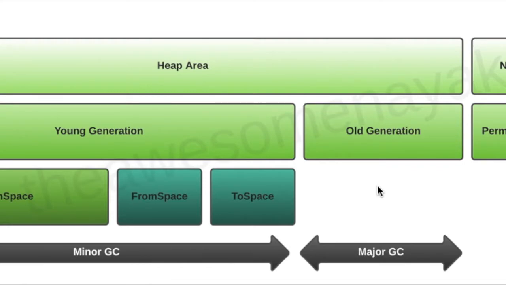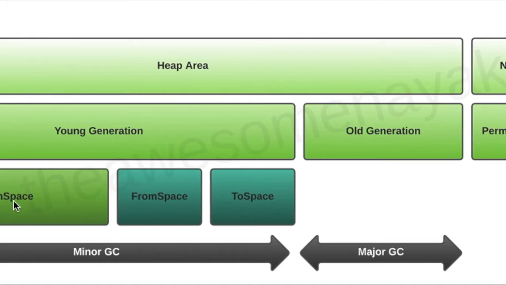But the problem is, when major GC happens, at that time the system will feel a pause in its execution. When minor GC executes, it will not stop. But when major GC executes, it's a stop the world event. Stop the world event means anything which is happening, any program, any execution, any calculation will stop till major GC completes. So this is how generational GC works.